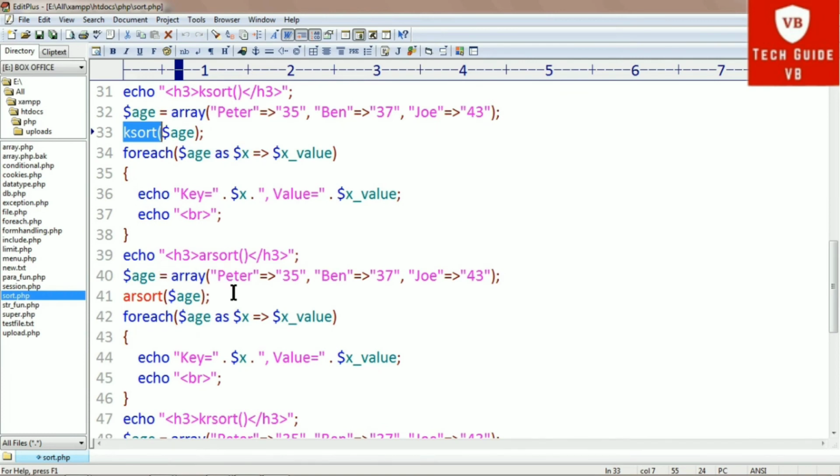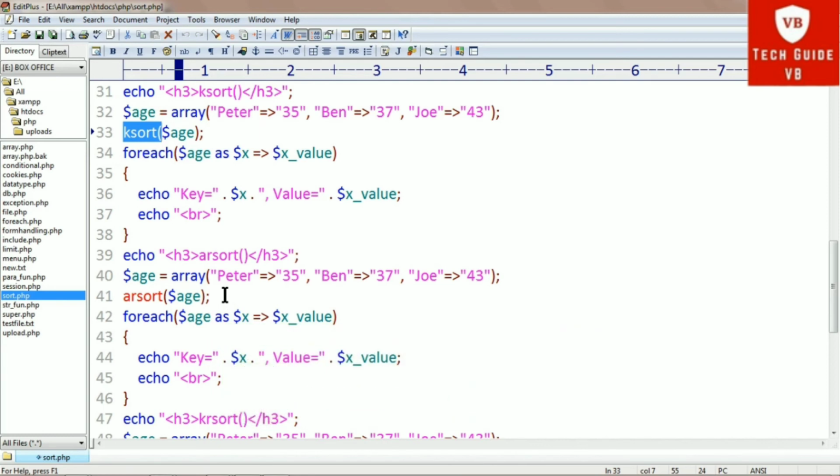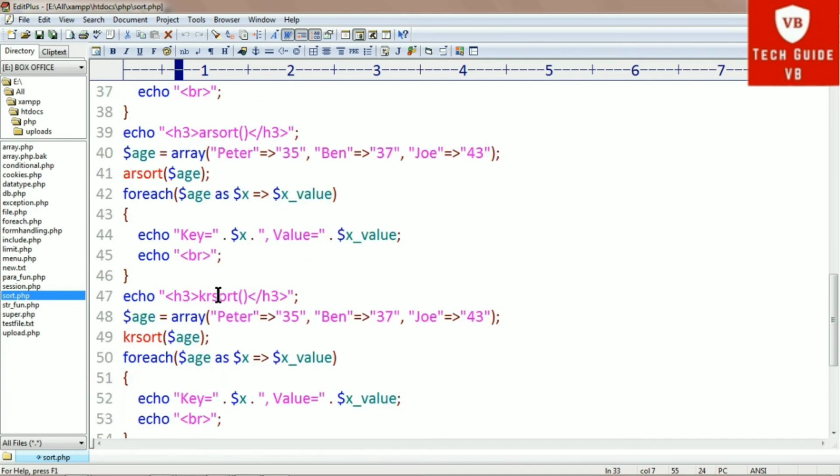Then arsort will sort this associative array according to value in descending order. In the same way the function will work but in descending order, and here it is according to value and here it is according to key.